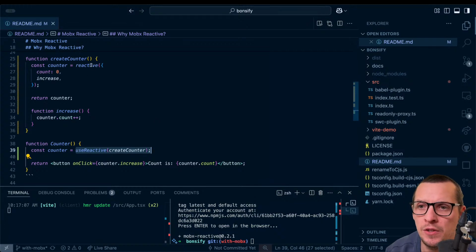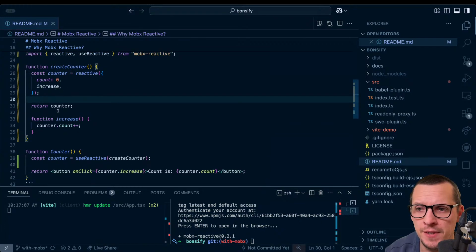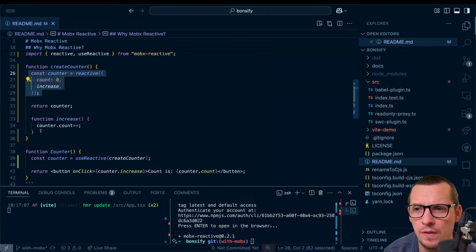The thing is that you have to use this reactive thing, right? Because now you need to be able to point to the reactive reference. And I'm not saying this is bad. It's just what you have to do.